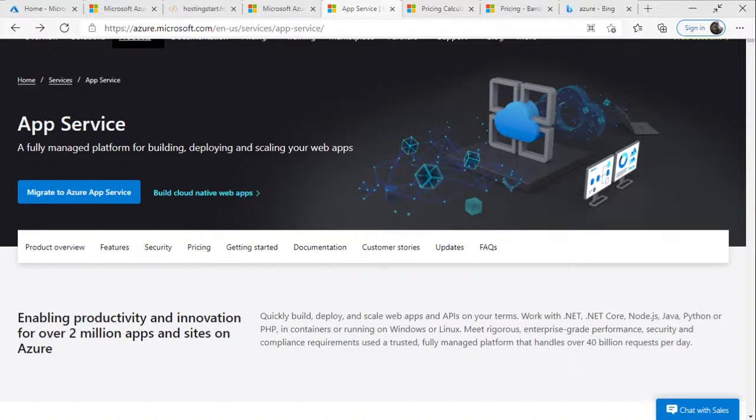So what we're going to be focusing on today is App Service, and App Service is, in a sense, a hosting platform for your apps.